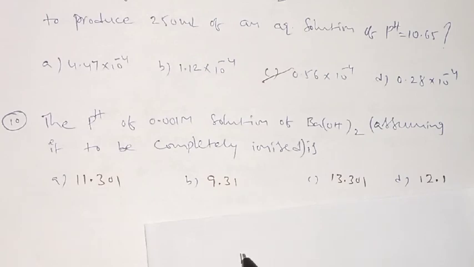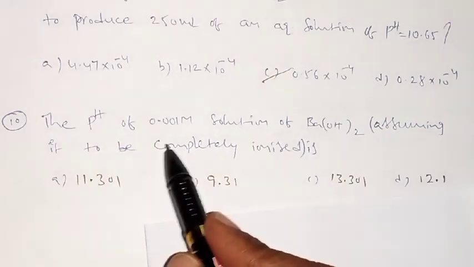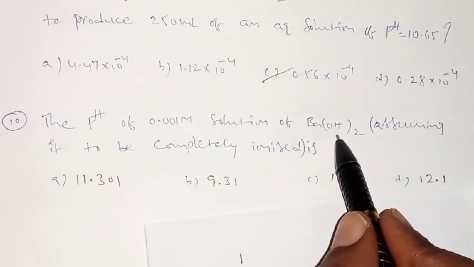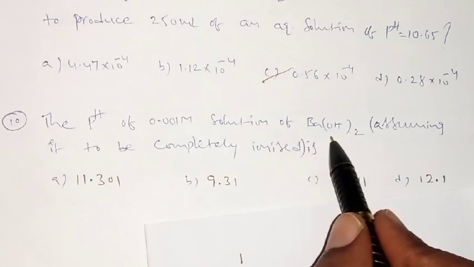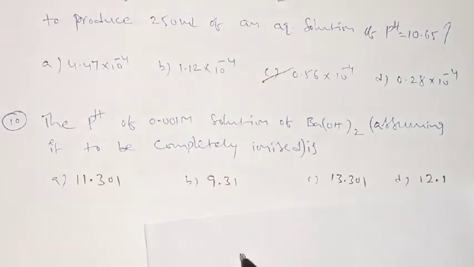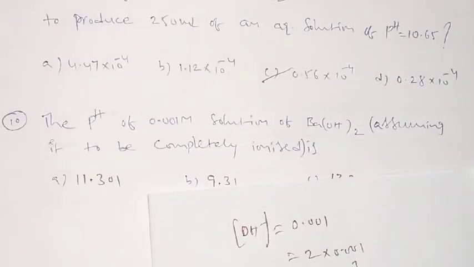pH value is asked. That means instead of the pH, you can take directly the OH minus ion concentration from the barium hydroxide. So barium hydroxide contains 2 OH minus ions. One OH minus ion concentration, how much? 0.001. But in this Ba(OH)2, there are 2, so it is equal to 2 into 0.001. That means 2 into 10 power minus 3. As per the given data, converting into the OH minus ion concentration, this is the value.